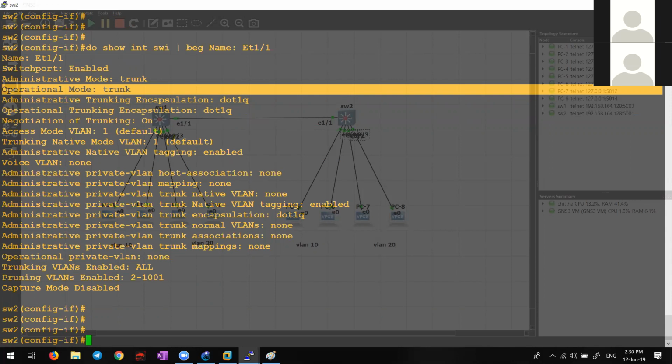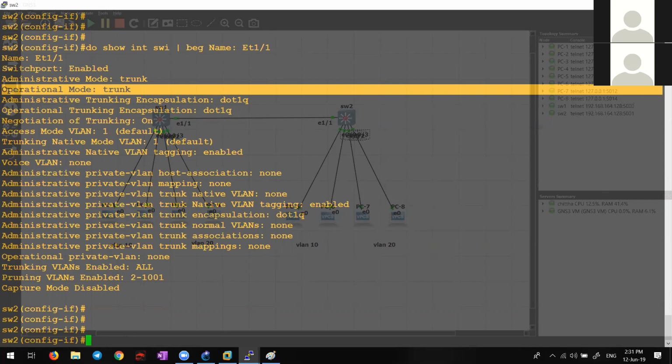And whenever we connect another switch to the switch port and it is set as dynamic desirable or switchport mode trunk, it will negotiate. Since the administrative mode is dynamic auto, it is ready to become a trunk also. So basically it is ready to become both access or trunk. This is the default behavior.